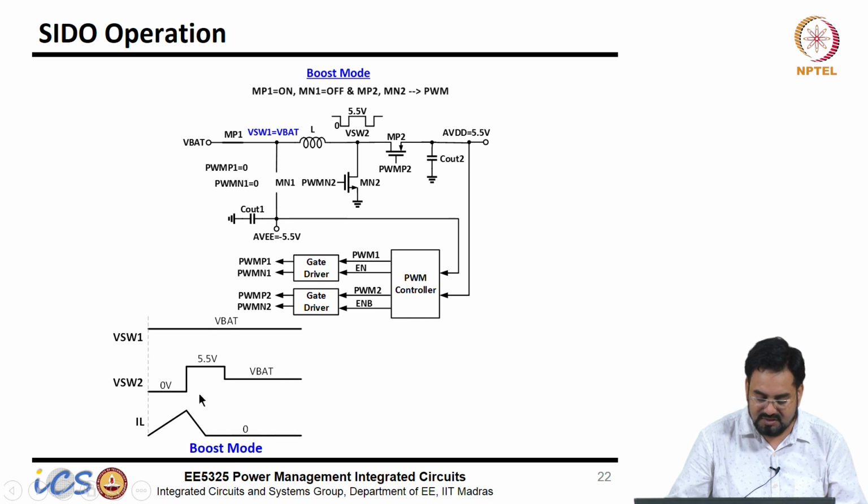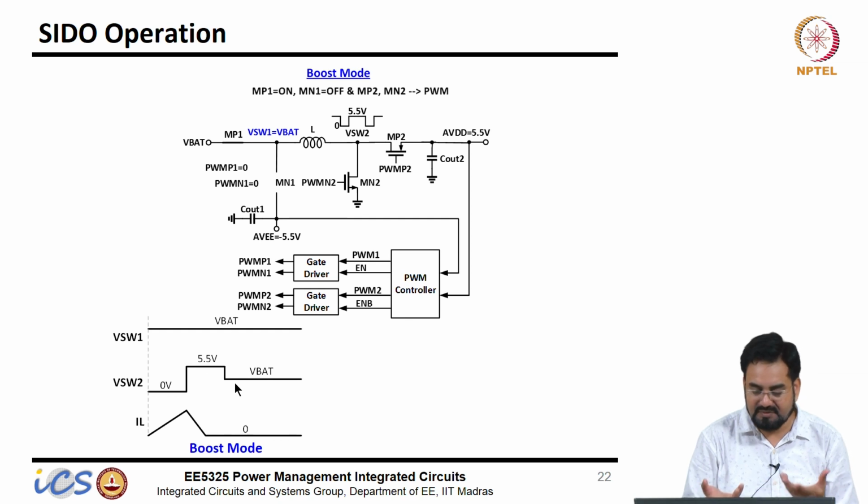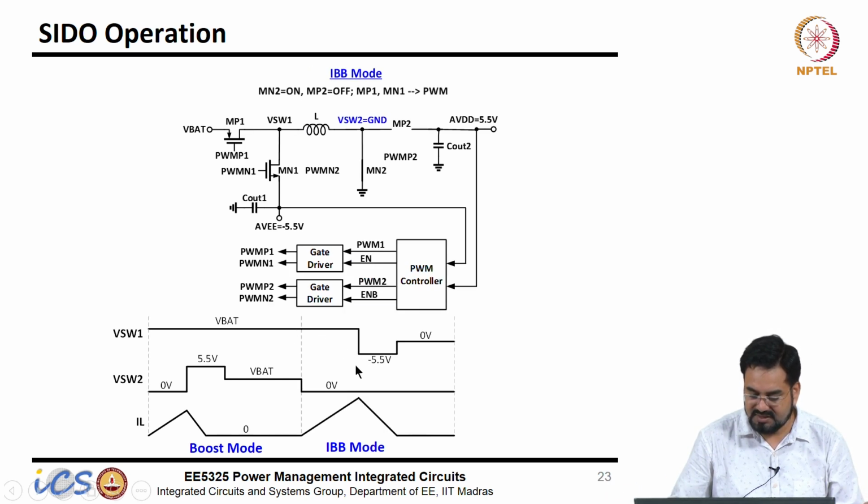In the buck mode, it supplies, and one thing is you have to make sure it is operating in DCM mode. It will be in DCM because the current required by these supplies is on the order of tens of milliamp, or max 50 milliamp, not more than that. So there is no issue of cross regulation and all that when your inductor current goes to 0, because it will be fully discharged before you activate the next phase or next mode.